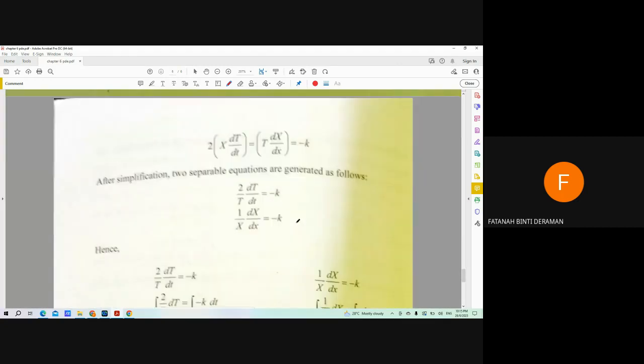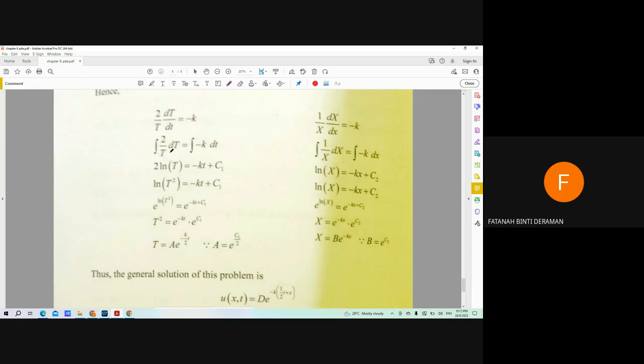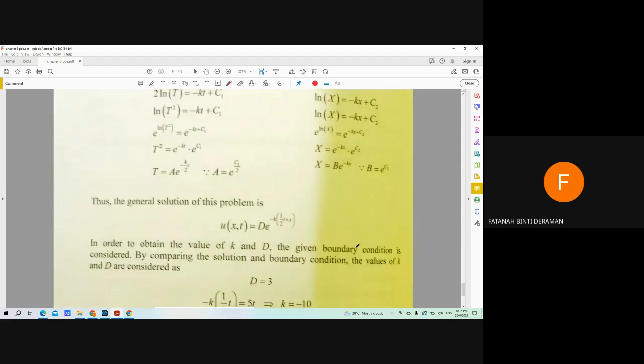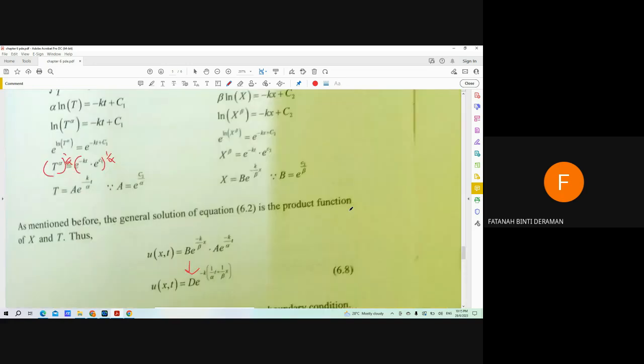So we need to separate them, using the separable method. So we separate them and then we integrate and then we find the T value. The T is defined as this, and for the X is this. So for the general solution, we can see that. So that's why actually first of all, if you can refer with the notes that